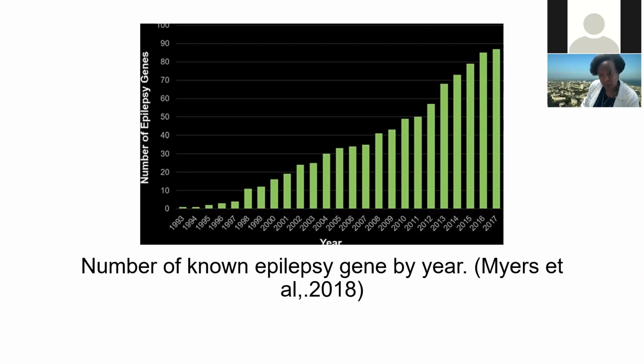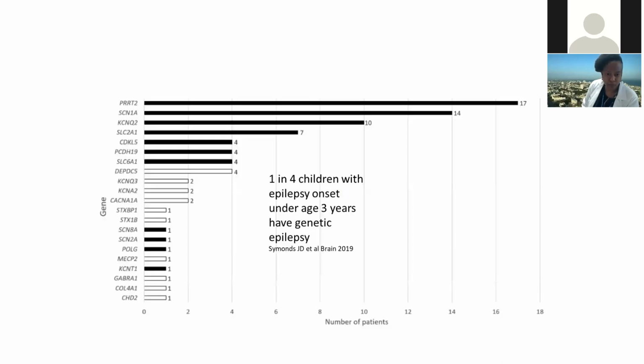The knowledge that we have accumulated about these genes in epilepsy has now led us to modify the treatment and to understand which medications probably are going to make this patient worse and which medications should be prioritized because they're going to make the patient better. So no longer should we consider genetic testing as research. This is now part of the clinical information that we need to treat the patient and make the patient better. Okay.